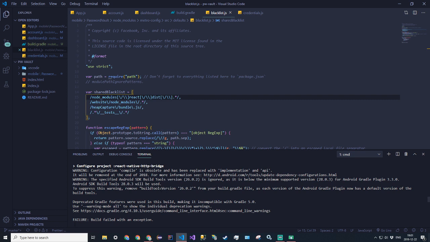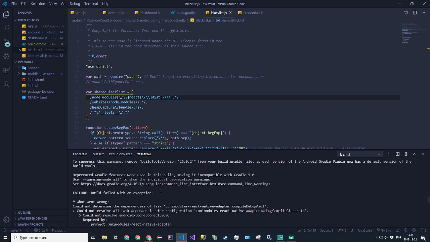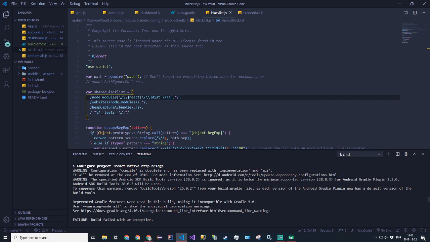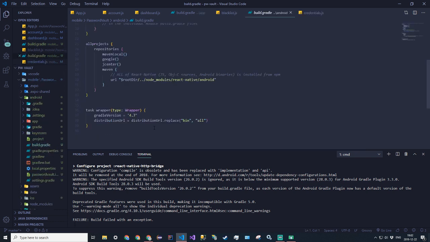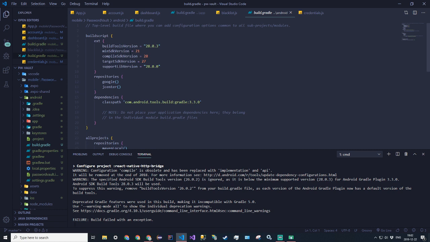Deprecated Gradle features for using this. Is it this? I mean, let's see. So suppress this warning. Build.gradle file. Build tools version. It's ignored as